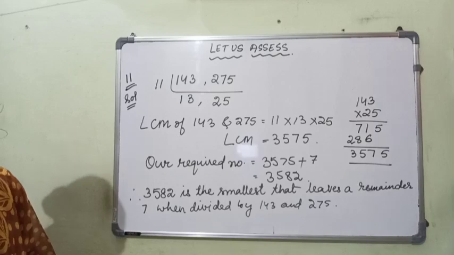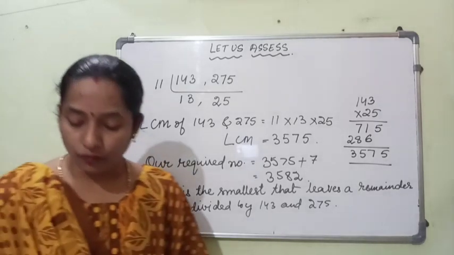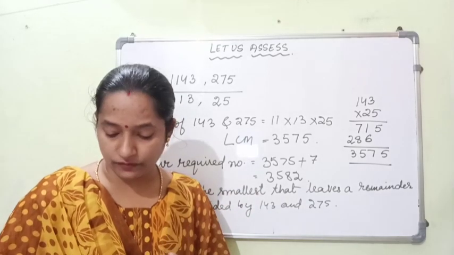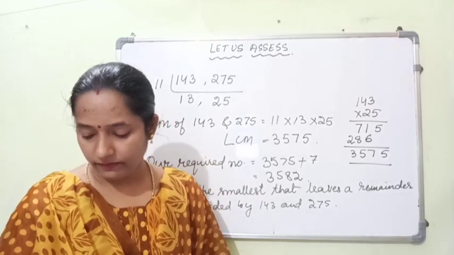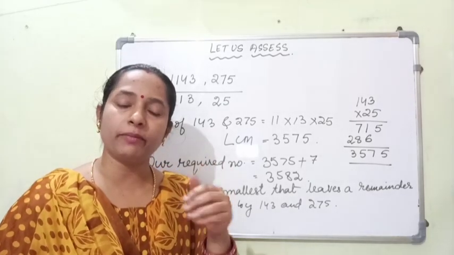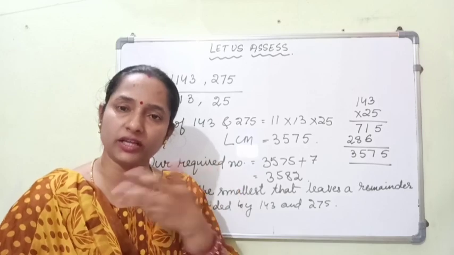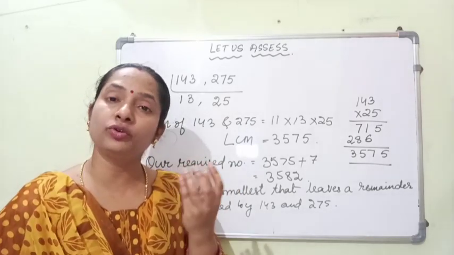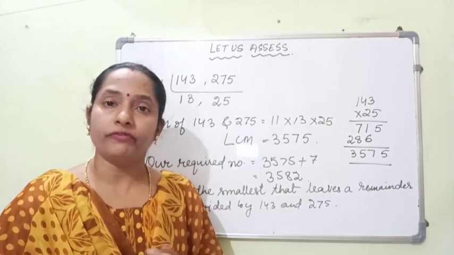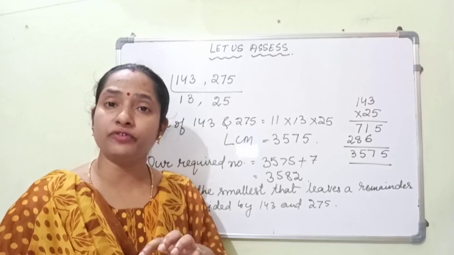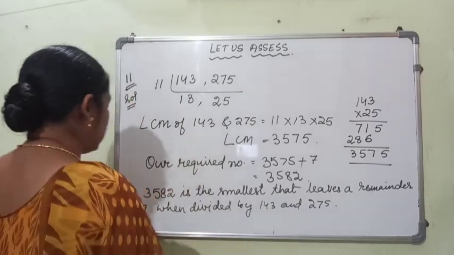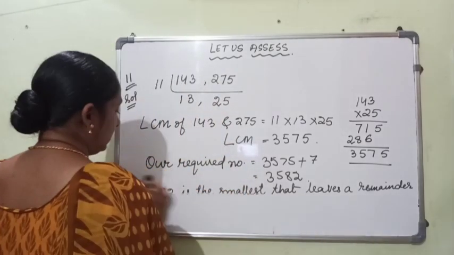How to solve? So the next question we have: what is the greatest number that can divide 664 and 170 with remainder 1 and 2 respectively? This means what is the greatest number by which when you divide the first number it leaves a remainder 1, and when you divide the second number it leaves a remainder 2. For this the procedure is different, and here we are going to find the greatest number. Greatest number means we have to find their HCF. So how will we find their HCF? Let's see.